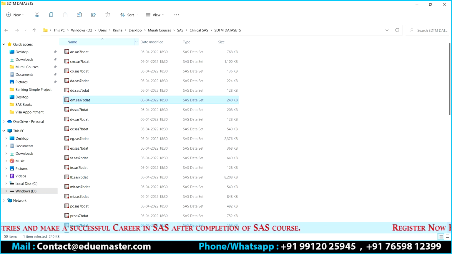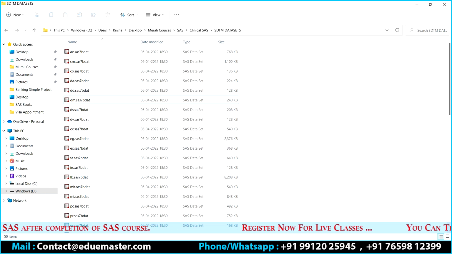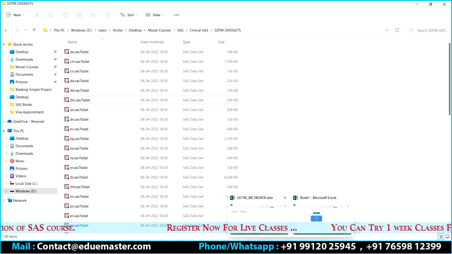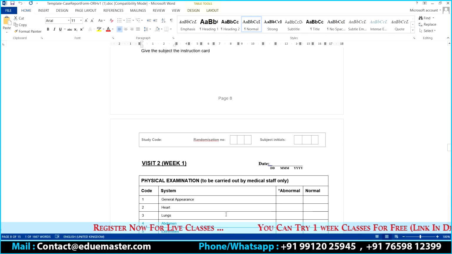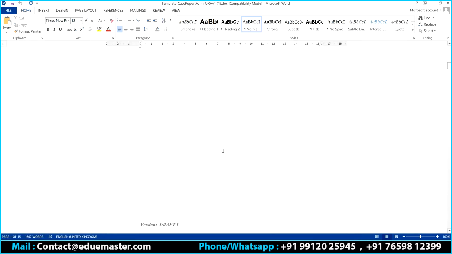Right? Now, each of these raw data sets are going to be the input to me. Along with that, I also have my CRF, case report form. I also have metadata. That is three things I'm taking here. What are they? Number one, or simply we can take two. I have CRF, which has information about the individual subject. Number two, I have my raw data set. Let's say a simple way. Here I have subject demographic information.